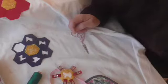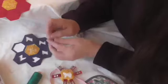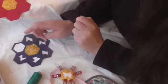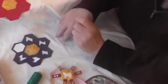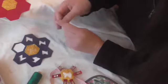Over the last few weeks there's been a lot of English paper piecing going around on Facebook. So lovely quilts in the making, or cushions. And it's just reminded me of a tip that I picked up a few years ago. These I used to do when I took the boys for activities, and I would sit and do them while